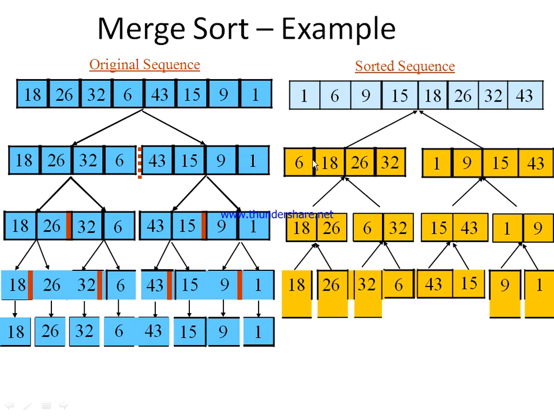So here you can compare 1 with 6, and next 1 comes to this place and 6 comes to this place, and when 9 comes to this place, 9 will replace the 18th place. So here that will go to the 18th place. And next when this goes to the 18th place in the third position, automatically here there is 18. You can replace 9 with 18, here that goes to 18, and again you can compare.